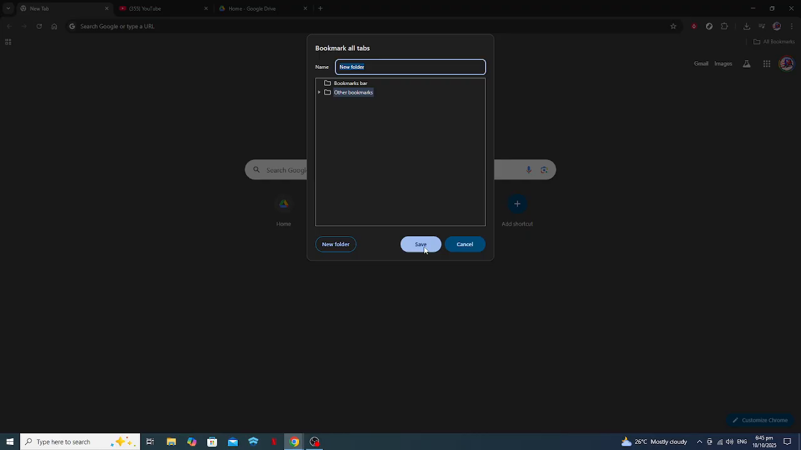Finally, it's worth considering third-party extensions if you frequently find yourself in multi-tab situations. Extensions such as OneTab or the Great Suspender are fantastic for managing vast amounts of tabs efficiently and without the